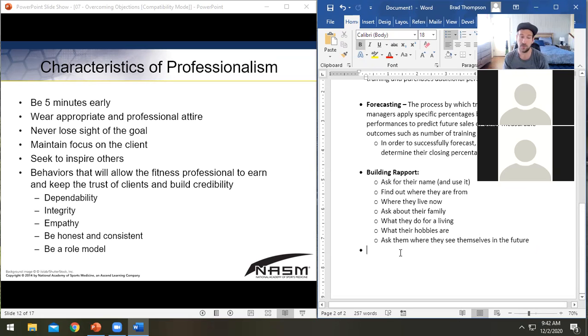Now, let's say you get somebody signed up for a fitness assessment. You want to make sure that you are as professional as possible. Key concept here: always be, if you can, 5 minutes early. I will say this is going to be impossible sometimes. If you are booking your appointments back to back, you know, if I've got John from 6 to 7